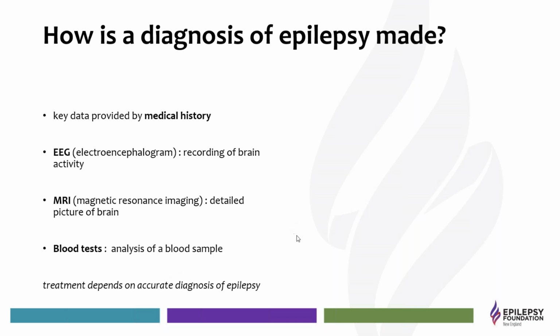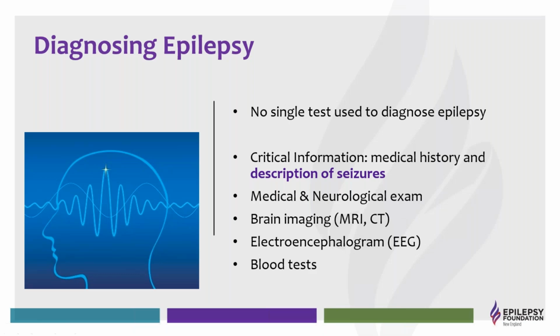All right. And as they pull these different pieces together, it really impacts how they choose to treat a person's epilepsy, because there are over 30 different meds available to us in the United States. Treatment depends on the seizure type, where in the brain the seizure is starting, and how much of the brain is involved. Because there are some drugs that work really, really well on focal seizures, but they can make generalized seizures worse, and vice versa. So it's very, very important.